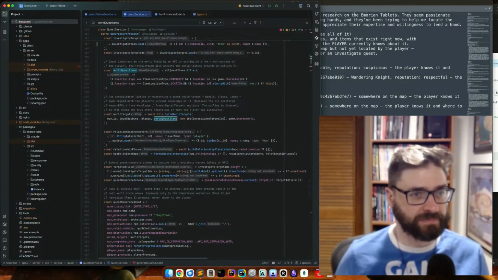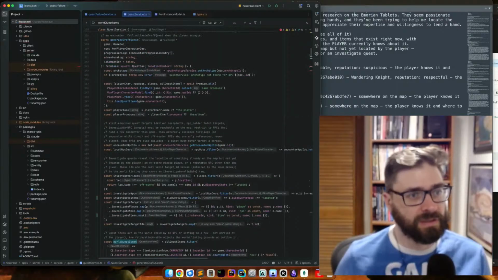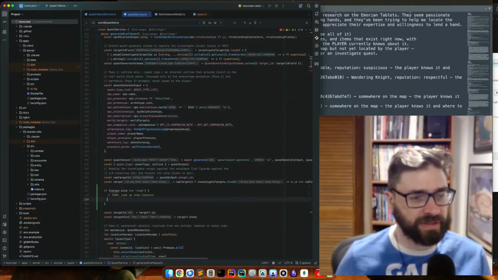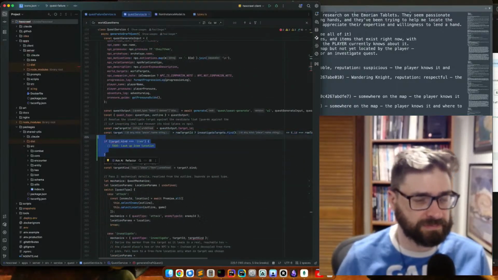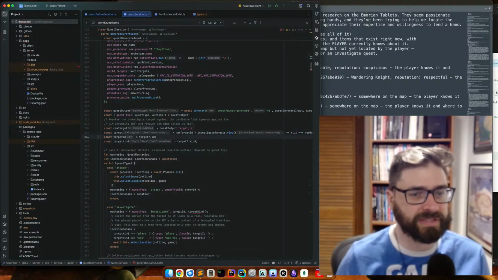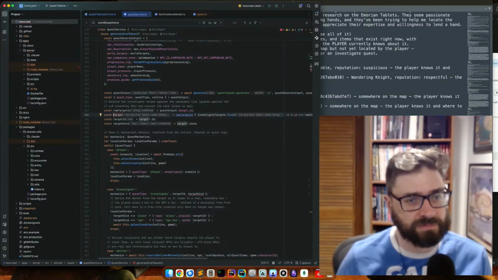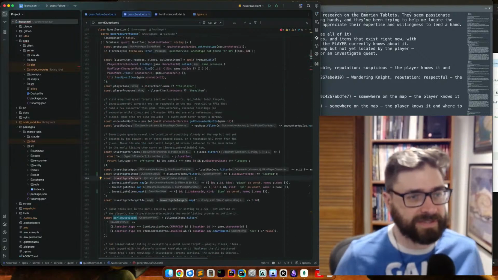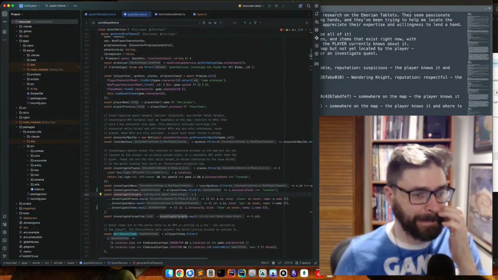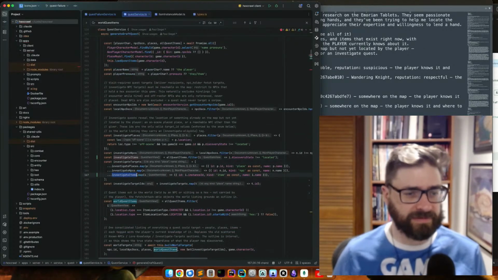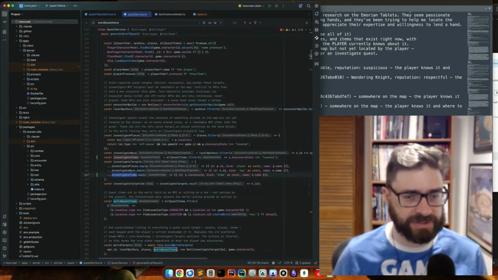Where are we? We're in the generate draft quest. How did I break this? Investigate target, which was up here in, yeah. Oh, it's right there. I did it myself right there by chucking that into the potential targets.